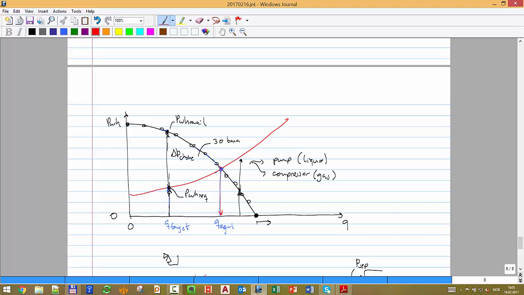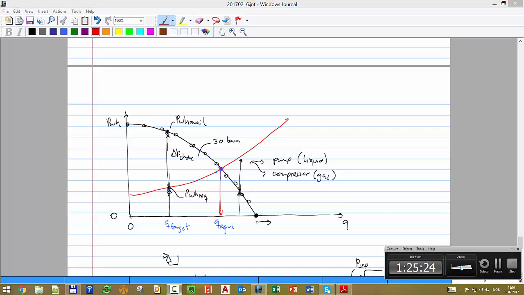Is that clear? So next class, we are going to make an exercise, and we are going to look at what happens when we don't have just one well, but we have a system of wells. What do we do in that case? The equilibrium concept is still applicable. Any question before we close? No? Okay, see you next week. About the exercise, I will try to publish it by